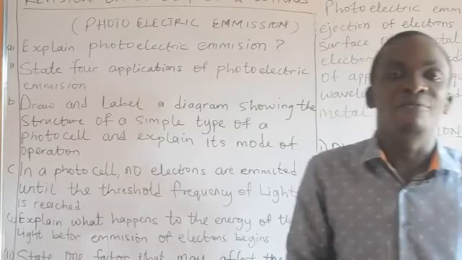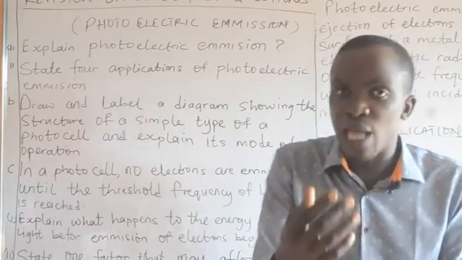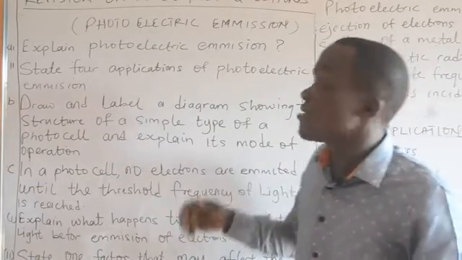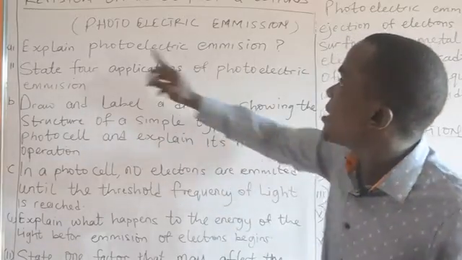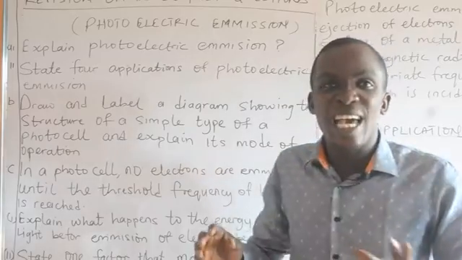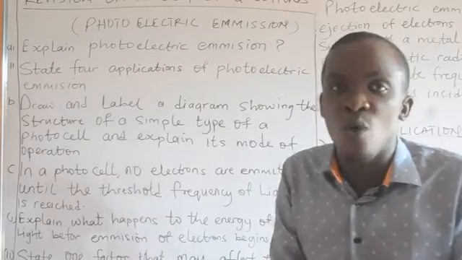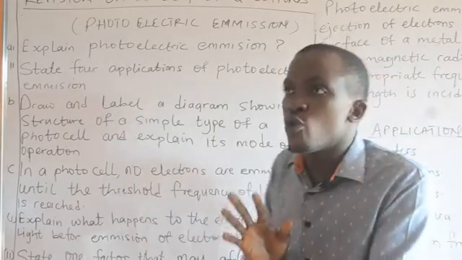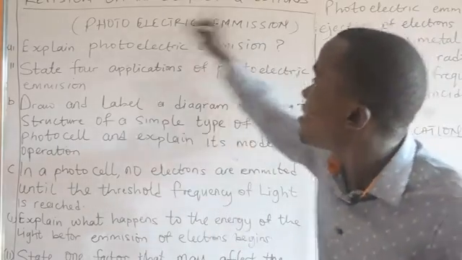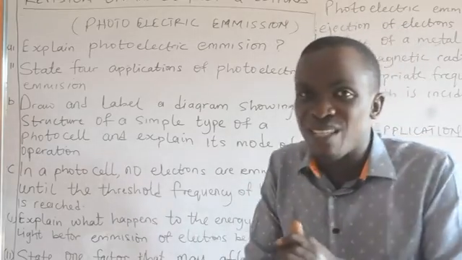Now, for those of us that are good in vocabulary, when it comes to explaining a word by the way it relates to its parts, you understand very well from when you were doing sciences that the word photo is talking about light, and electric is talking about what? Electrons. Then emission, or you can use a synonym such as reject or eject. With this alone, you should be able to put out some words, but there is an appropriate definition.